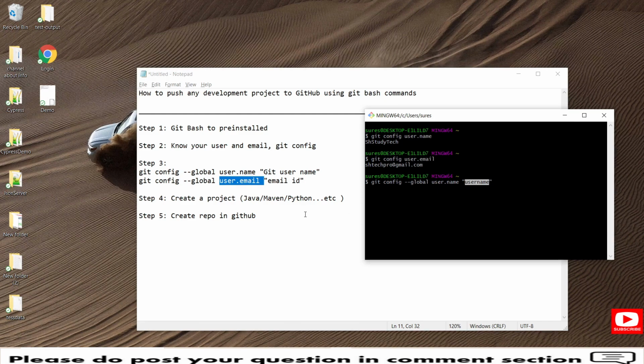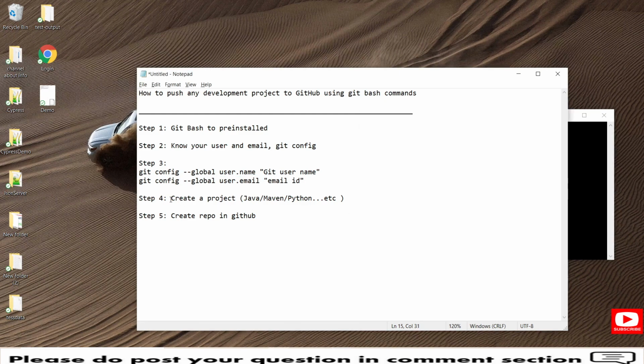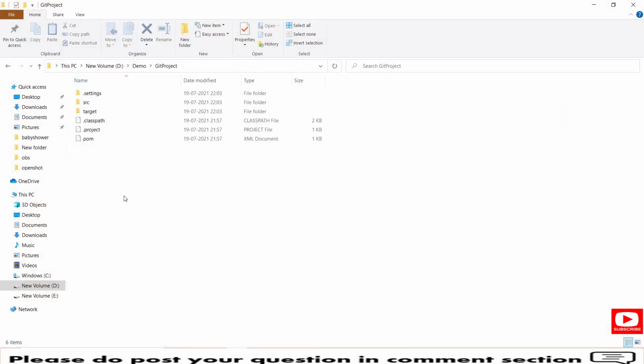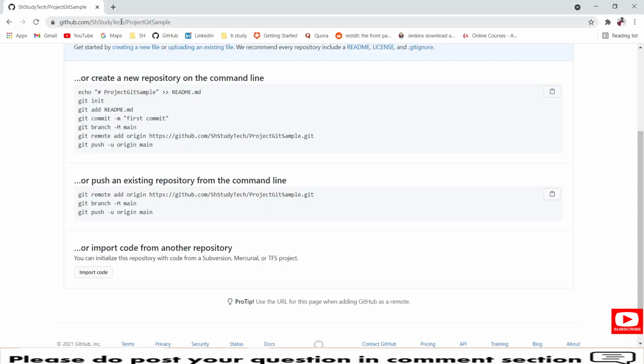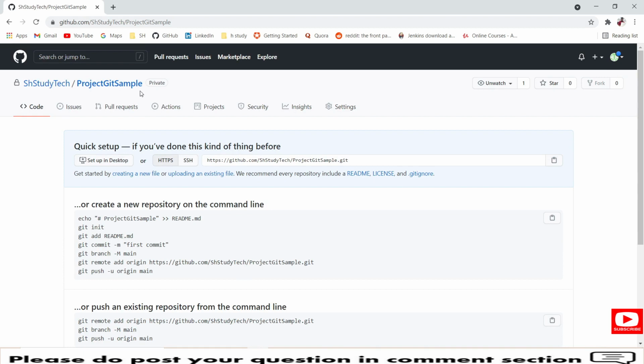Now we need to have a project created, or you can create a new project. In my case I have a project here. This is my Maven project. I wanted to push this project into my GitHub repository using Git Bash commands. And before that we need to create a git repo. So you need to open any browser, search github.com, and you can create a project over there.